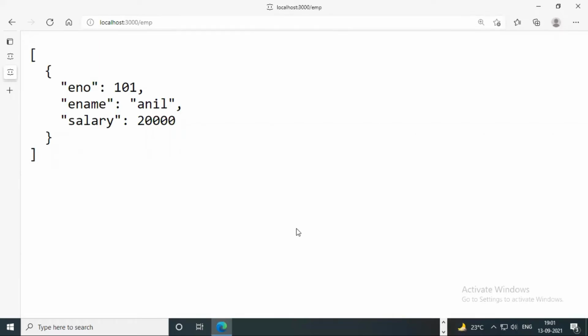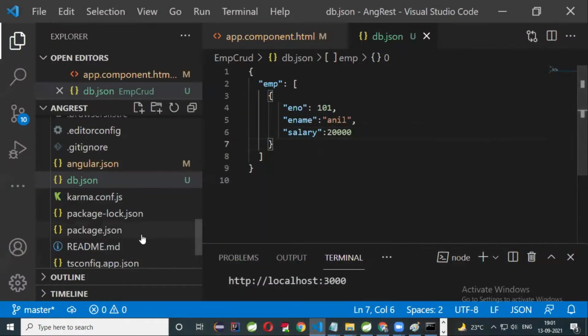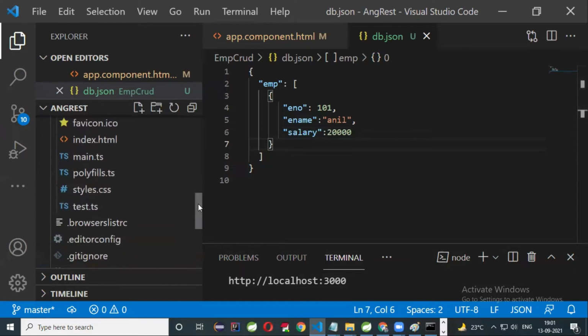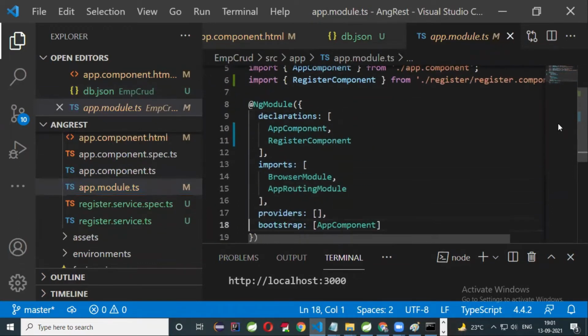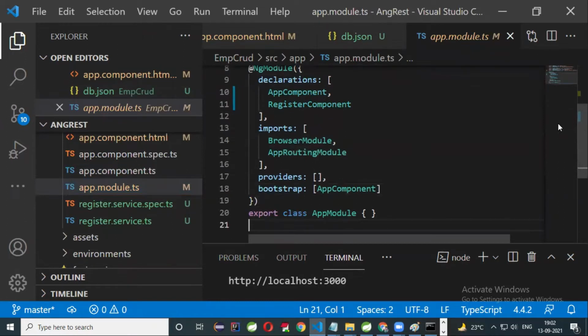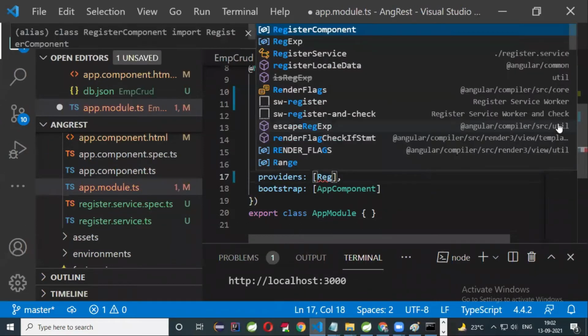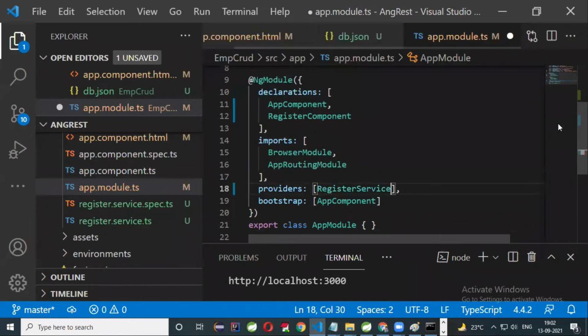Now I want to design the view here. Is it clear? Generally, when you go to your files, there is one file called app.module.ts. There you can see, if you want to work with Angular and invoke REST API calls or any database calls, you have to register some modules. So first of all, you have to register the FormsModule. And by default, I want to run my Angular service. What is the service I created? RegisterService. Just register it here under the providers section.